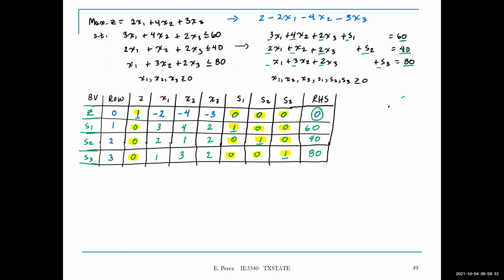But that's not what we want. We want to have a decision for x1, x2, and x3, or a combination of x1, x2, and x3, that is going to increase our objective function. So